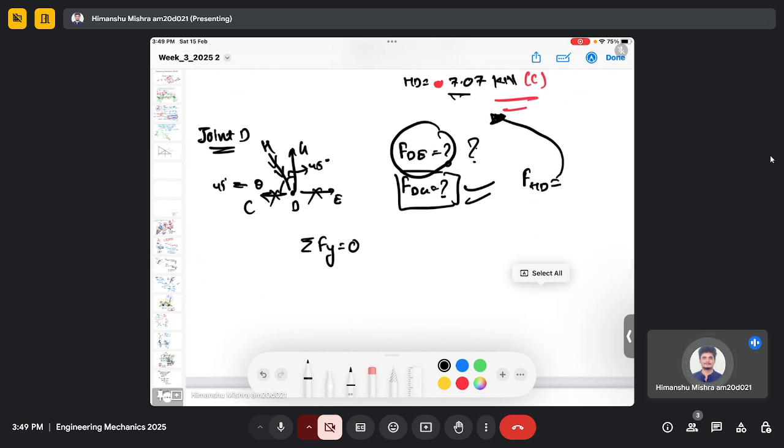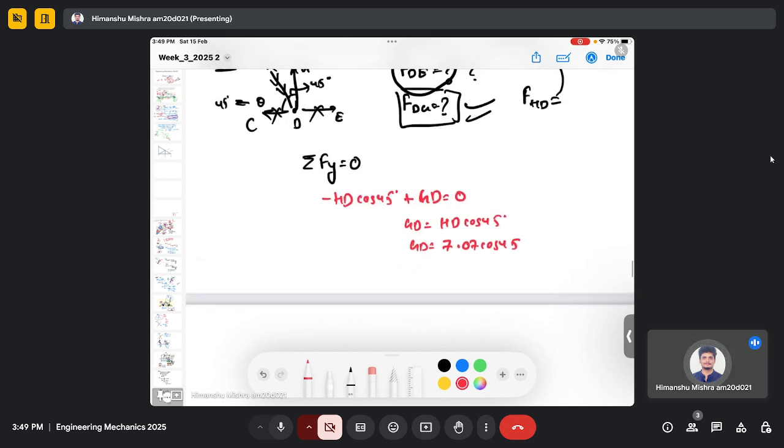So it will come out minus HD cos 45 plus GD equals 0. So GD will be HD cos 45, HD is 7.07 cos 45. So when you find, you will get GD as